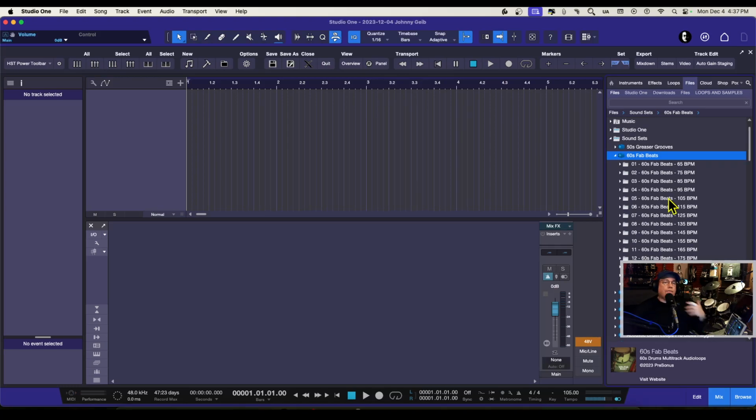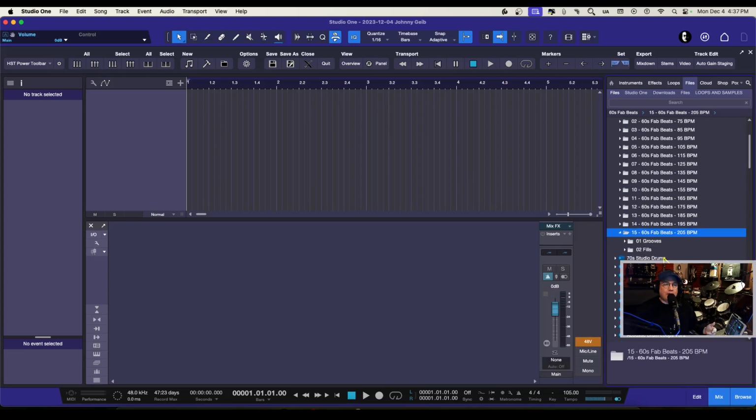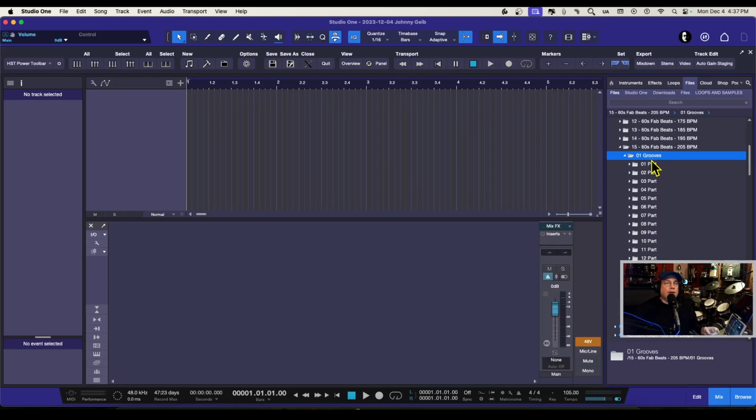So now, the first thing you're going to notice is all of the different tempos that are available. There's even some 205 tempos, which, and I'm going to start with that because it sounds so ridiculous. Let's actually see here. So if you look at the different parts that are here, right above my head, there we go. If you look at all the different parts, these are different progressions and different,